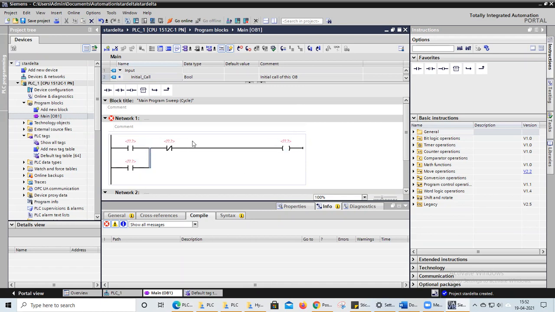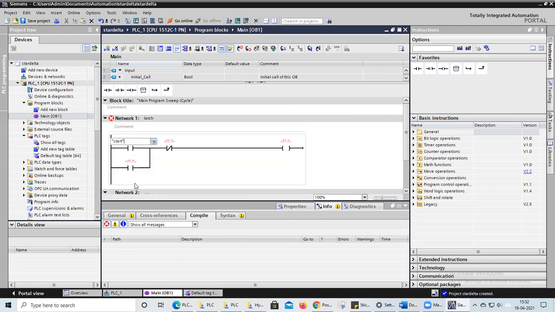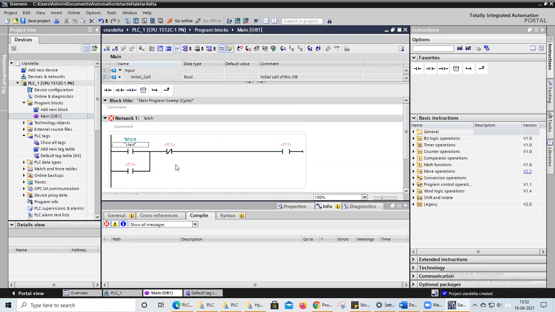Now my latch circuit is prepared. I will write latch. I want this one to be my start switch. So click on this rectangle box and write it as start button. Just double click anywhere and it will automatically take that particular address.